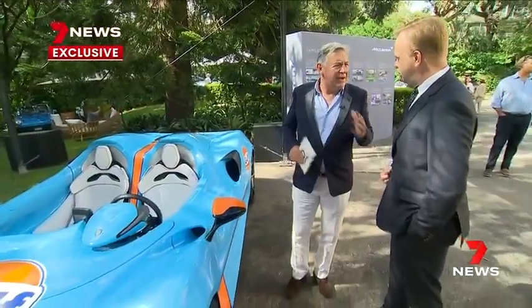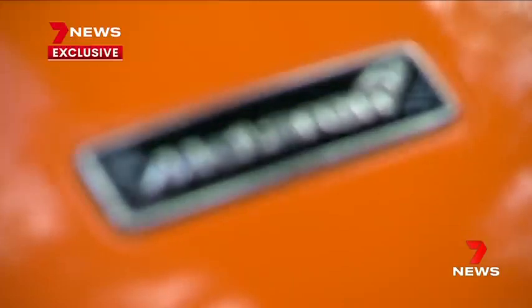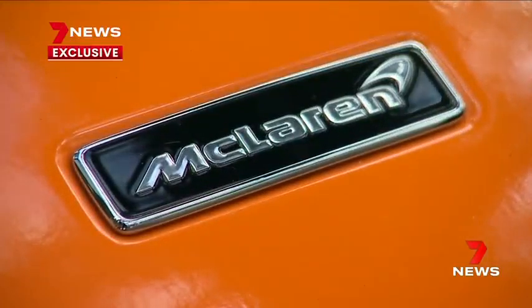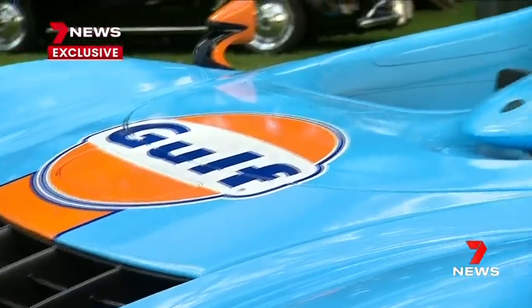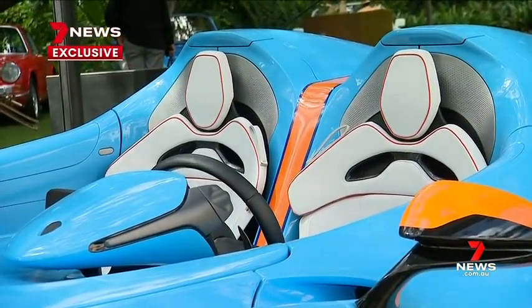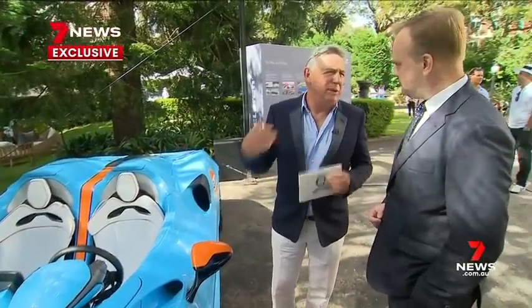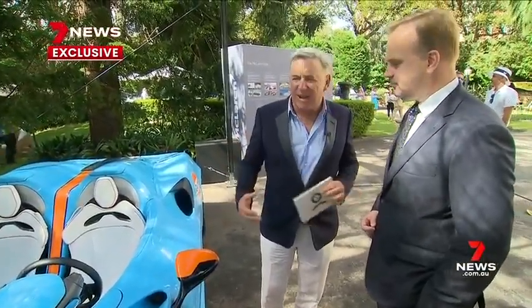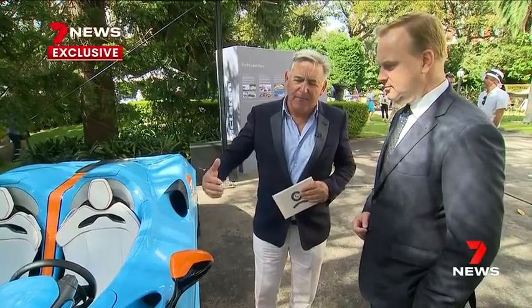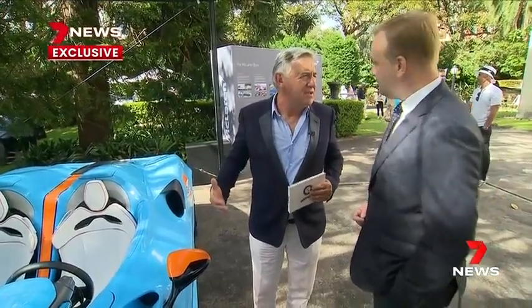Well, this is the new McLaren Elva, and it's the first time it's been shown in the Southern Hemisphere. We're incredibly excited to have it here at the third edition of the AXA Sydney Harbour Concours d'Elegance. It's a really interesting car because although it's ultra modern, with ultra modern materials and build, all the latest high-tech stuff, it's actually got this retro feel back to the original Bruce McLaren racing cars of the